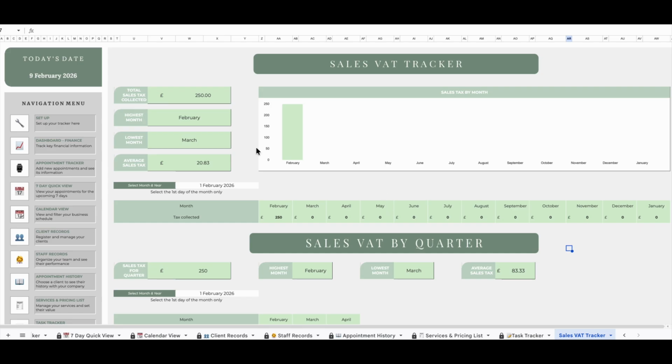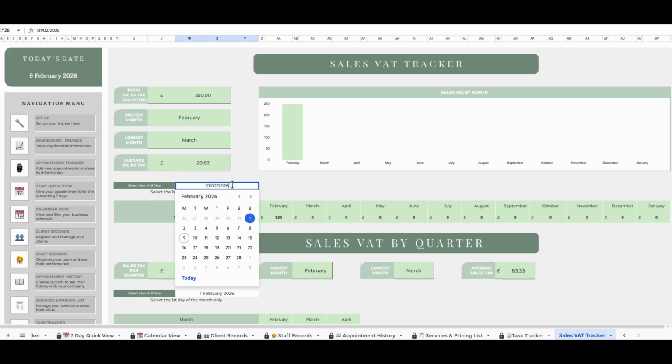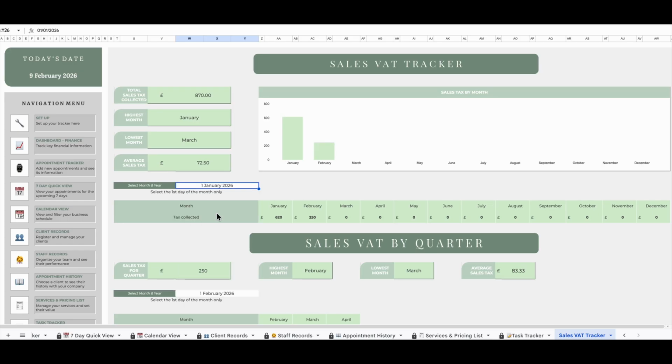So now we can see from the 1st of February to January 2027, we've only collected £250 of sales VAT. This isn't the revenue, this is the actual VAT amount. So it's only taking that VAT amount from each sale. Now, if you want to look at this from a different month, you would go to the 1st of the month that you're interested in. So we'll go to the 1st of January. So if we're looking at the 1st of January, we can see that we collected £620 in VAT and then